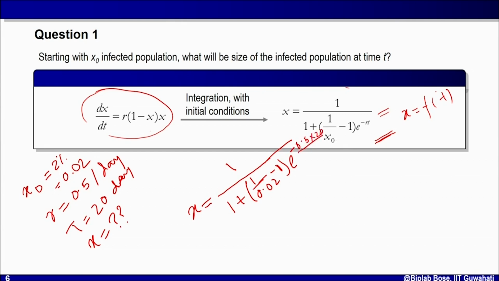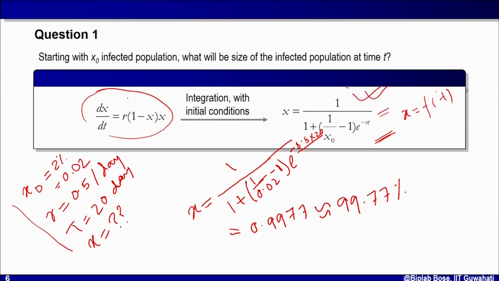So this is R into T. This will give me a value around 0.9977. That is approximately 99.77%. So what I have done, I have taken the numerical values given here and plugged them in this function